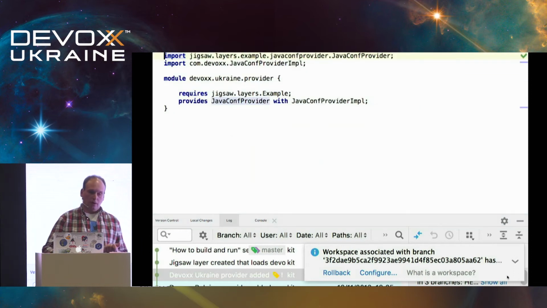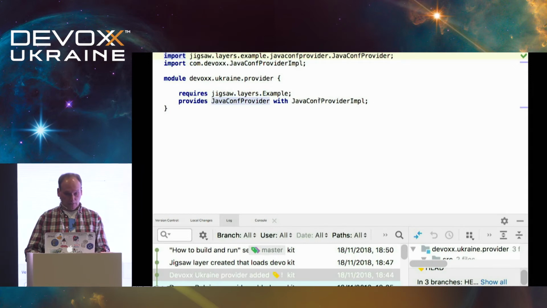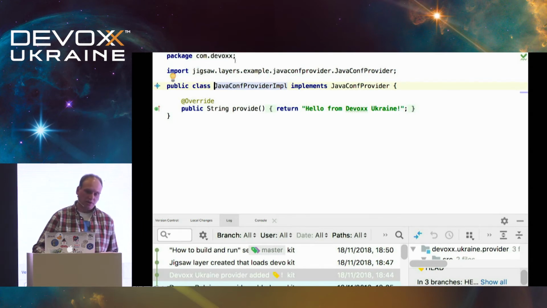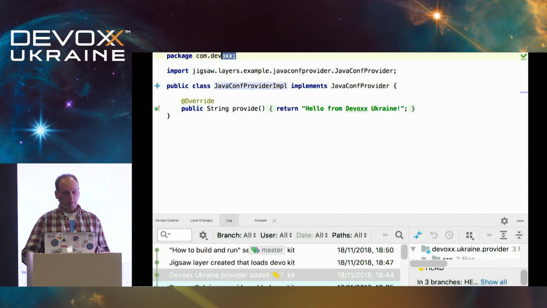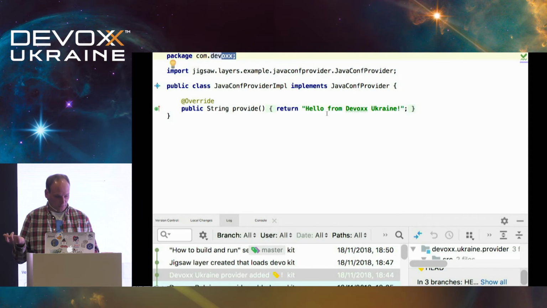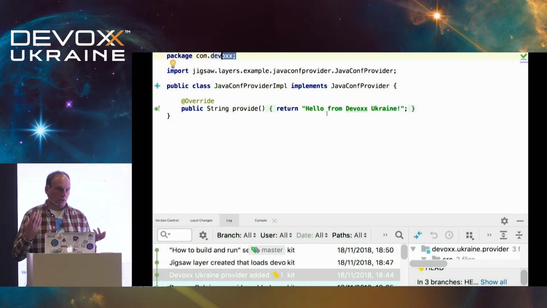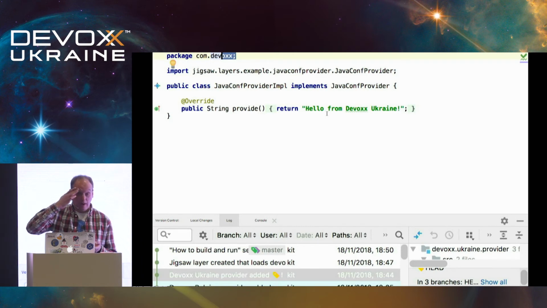It also provides the Java Conf provider interface, in the same package as Devoxx Belgium, com.devoxx, but the implementation differs. It now returns hello from Devoxx Ukraine. If we run our application now, we won't get anything new because neither Devoxx Belgium provider nor Java Conf provider know about Devoxx Ukraine provider.